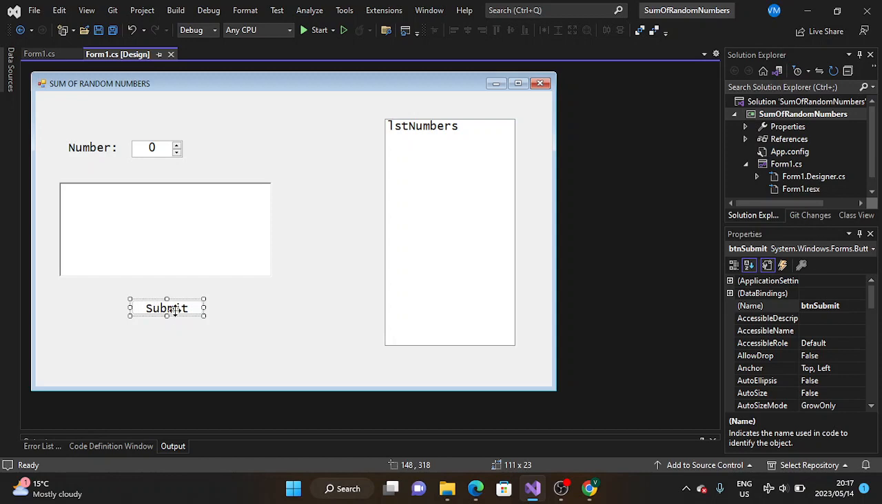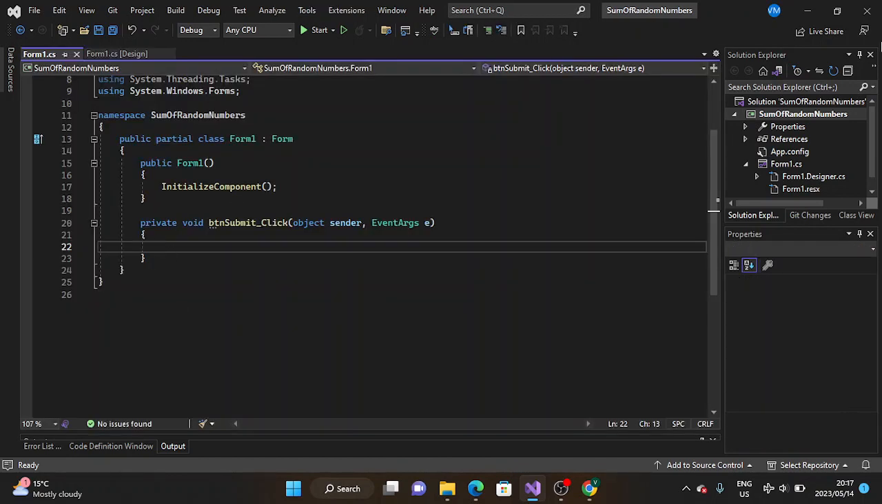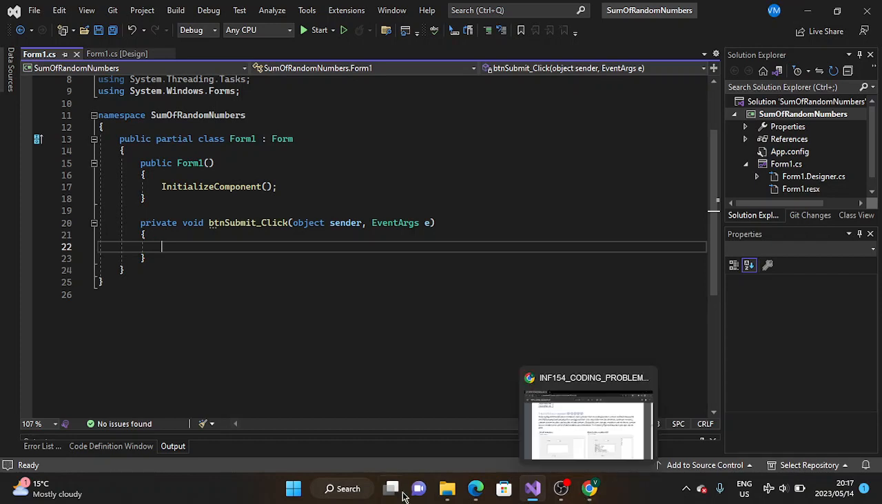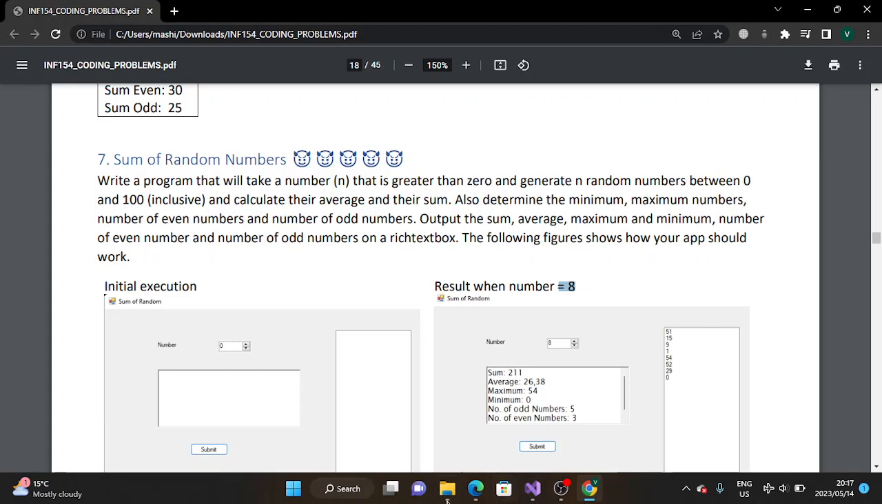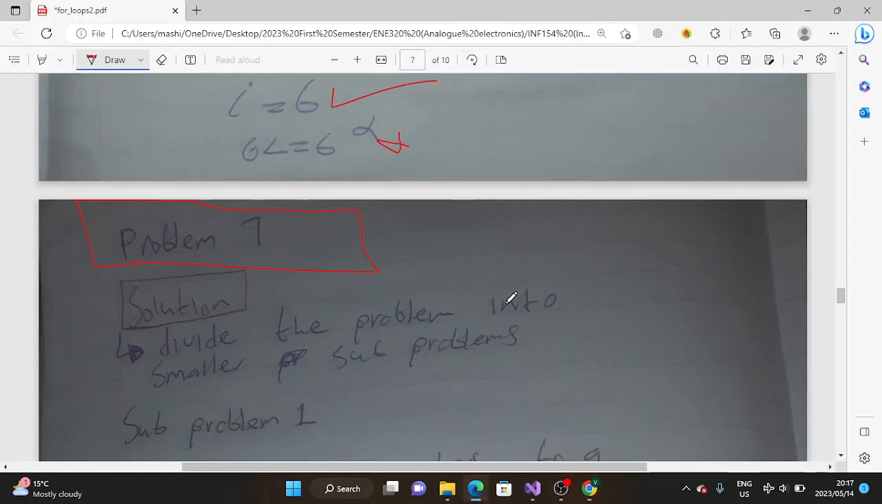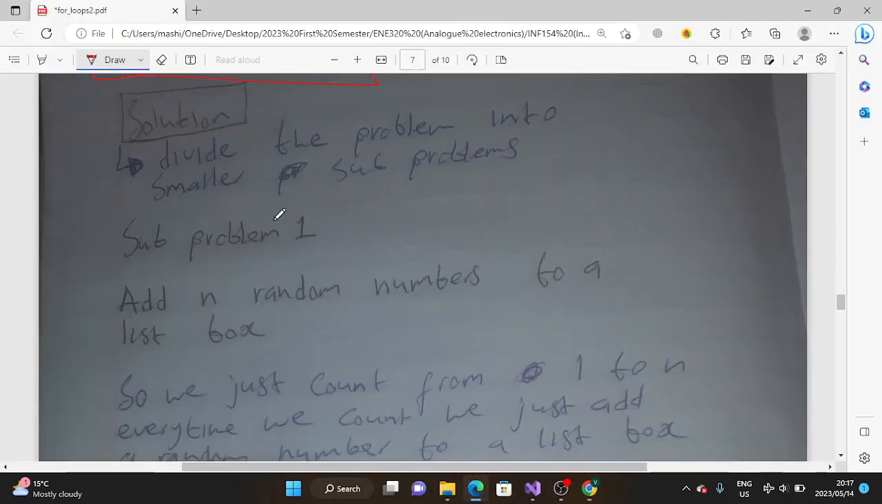So you know how to do that by now. So I'm going to double click on the submit. So before I code, what am I going to do? So this is how I made my life easier. So I said, okay, let me divide the problem into smaller sub problems, so that other than just coding everything,